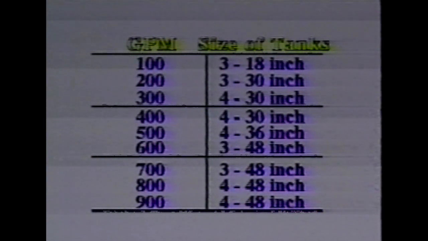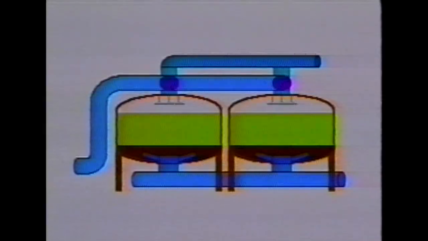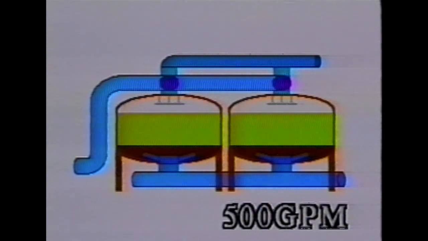Notice that a minimum of 3 tanks is virtually always recommended, although many field installations only have 2 tanks. If only 2 tanks are used, during backflush, the 1 tank not only carries all of the system flow, but the backflush flow as well. In other words, if you have 2 48-inch tanks with a total flow rate of 500 gallons per minute, during